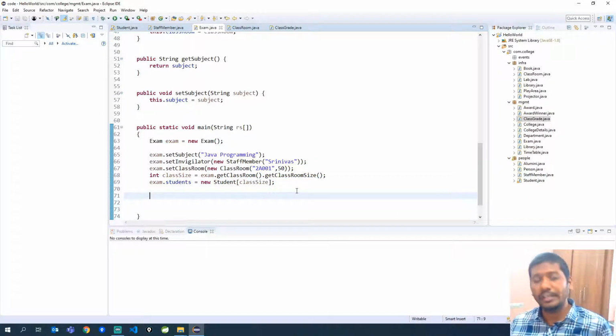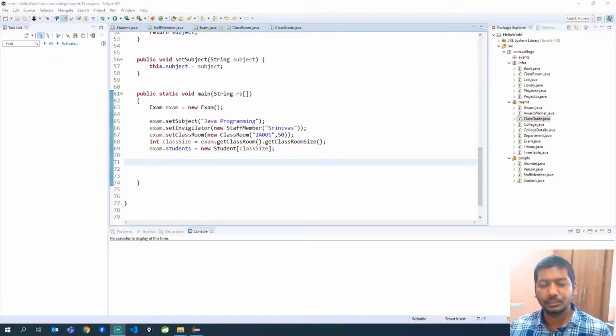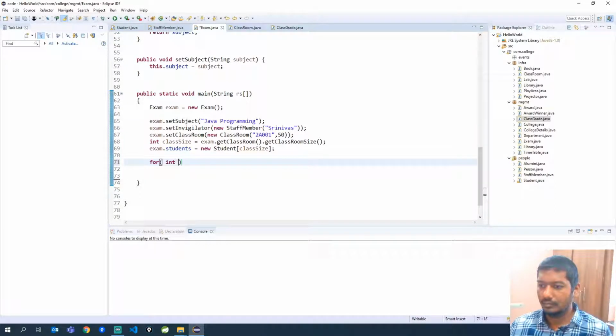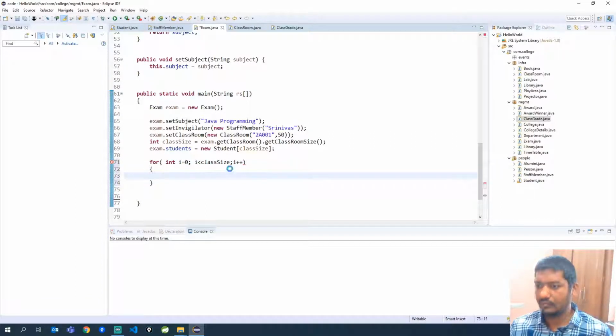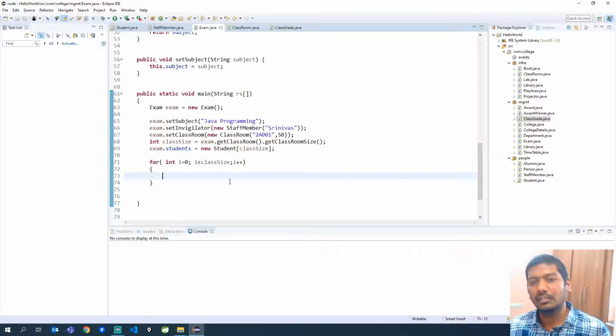So now before going into the conditional statements, I will talk about a particular looping structure so that I can define those many number of students. Okay. So please look at the syntax properly. This is one of the looping structures. It will help you to understand properly. So now look at the syntax here. We are using a keyword called for.